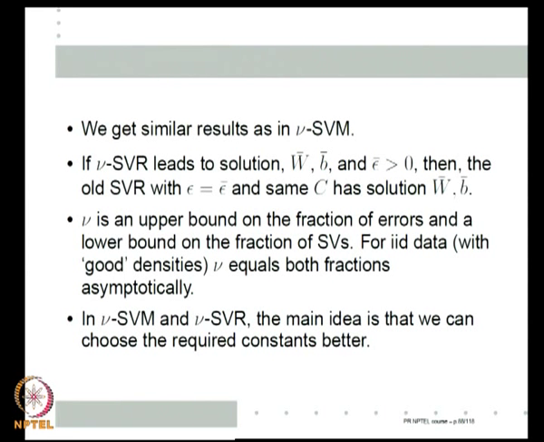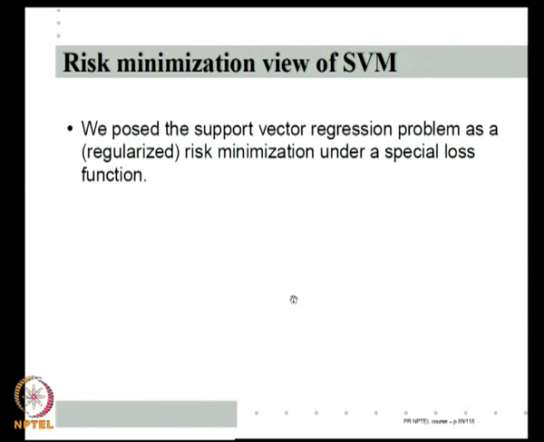So, this is an example of just reformulating the optimization problem for SVM, so that the resulting optimization problem makes it a lot easier to choose the user defined constants, but at the same time we are still getting the same solution as the old SVM. Same solution meaning the same solution at some parameter setting. So, we are not really sacrificing the idea of getting the optimal hyperplane, but this allows us to choose our parameters much more simply. So, nu is much easier to choose than the penalty constant C. Okay. Now, we will look at one more issue with SVMs.